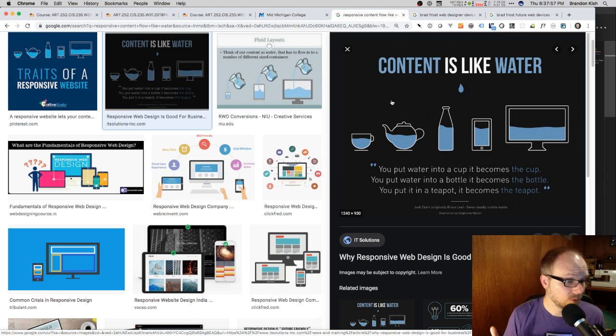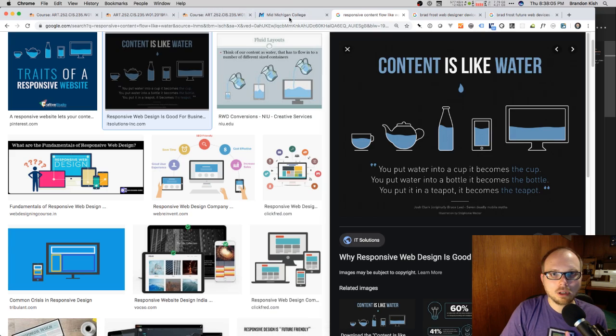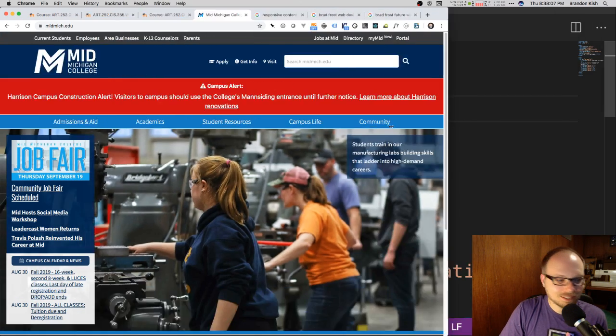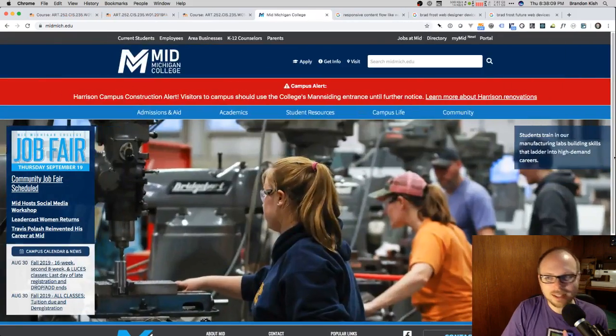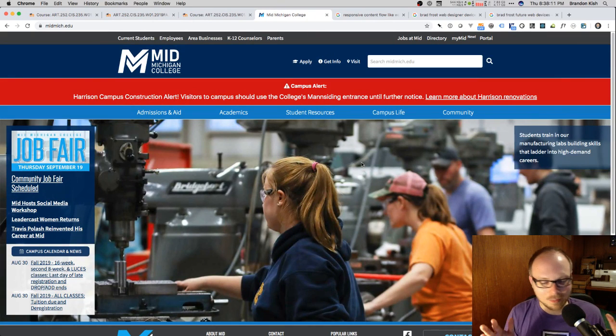I wish I had saved the link, but years ago someone sent me a web comic of what responsive design was, and it was an animated GIF of someone just sitting on their computer doing what I just did for you for the last couple of minutes of just resizing left and right. And if you can find that animated GIF, please send it to me because that made me giggle.